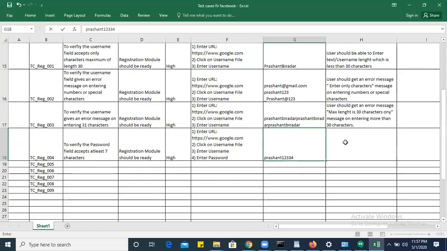So here in test data I can add any number of test data. User should be able to enter a password of length at least 7 characters, right?